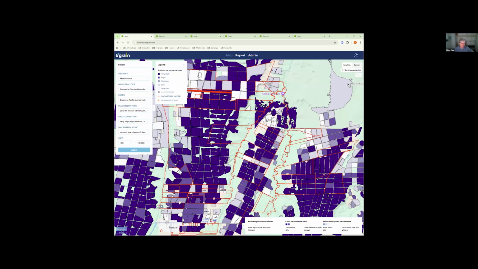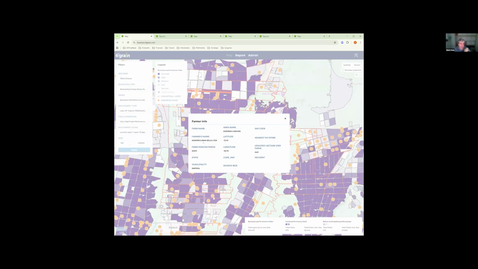So here, if you don't have a client here, here is a potential area where you can identify new clients. We have then an overlay of Farmers Point. You can click on one if it's then loading. And then there's also a database you can purchase where they give you addresses or at least names of these potential farmers. So imagine a scenario where you as a salesperson get tasked to find new clients. Here is a combination of remote sensing tools with additional data sources, where we build new insights.